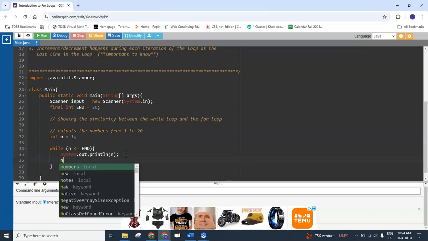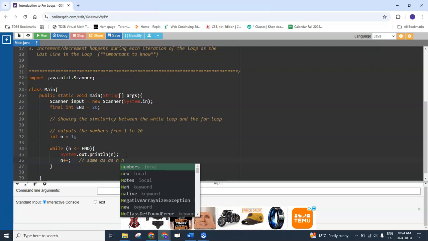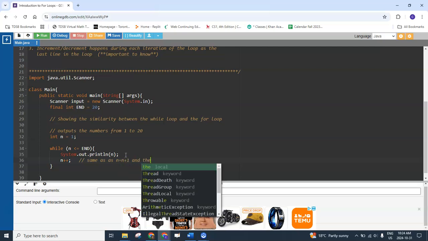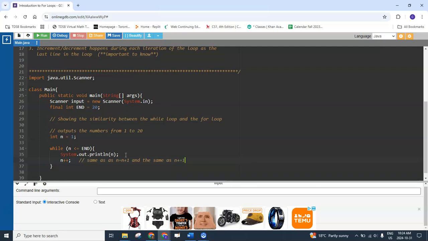If I use a shortcut that we learned about yesterday, I could just say n plus plus. And as a note, that is the same as n equals n plus 1, and the same as n plus equals 1. So they're all the same. And what you feel comfortable with is what you can use. So if I run this,